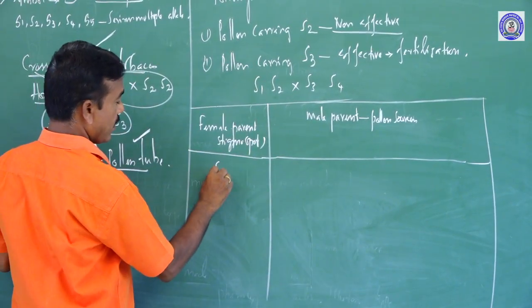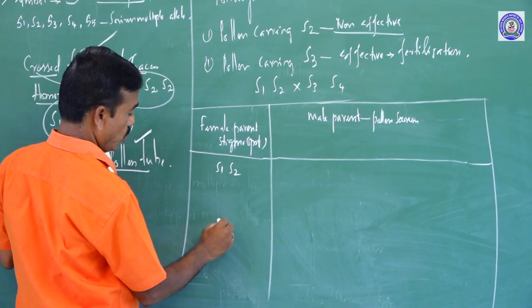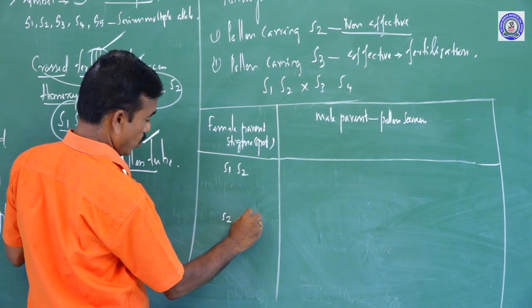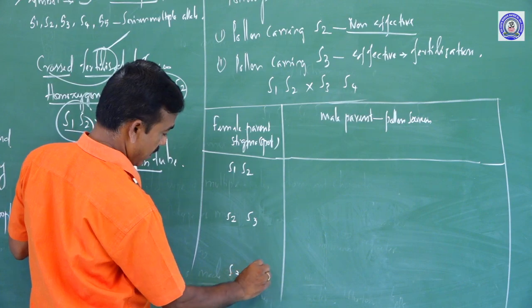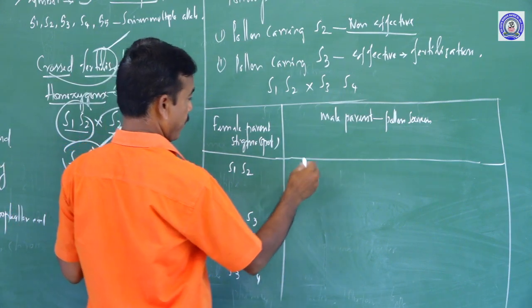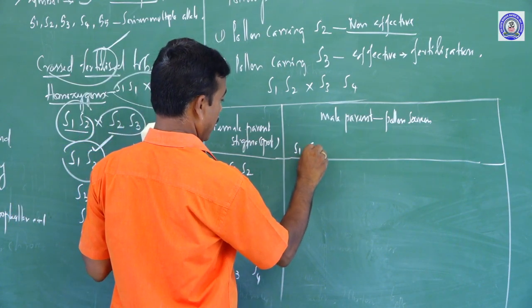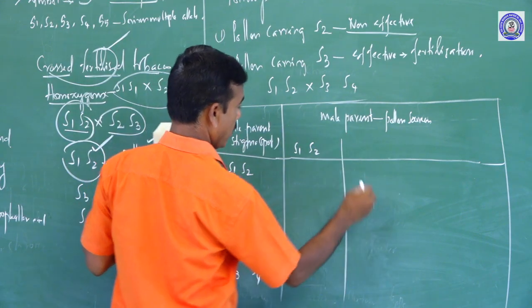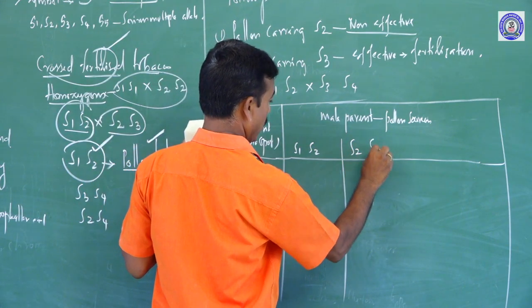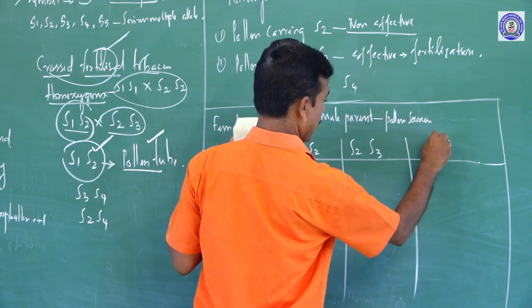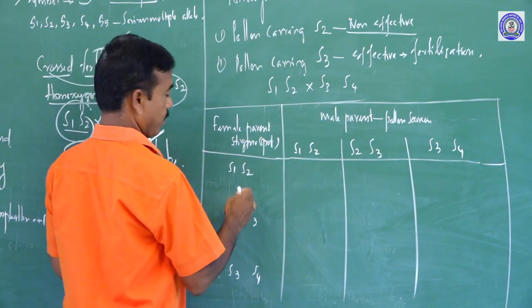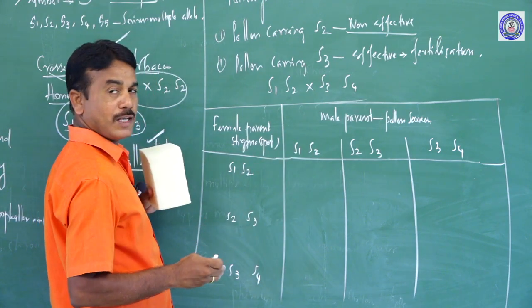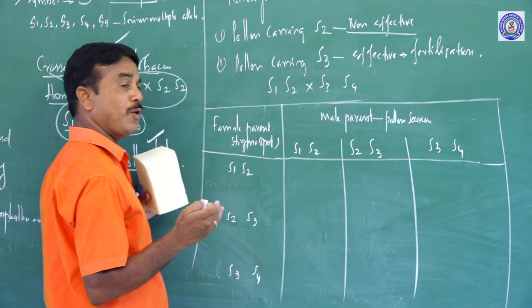What are the genes? S1, S2; S2, S3; S3 and S4 here, and S1, S2; S2, S3; S3 and S4. If you cross the same S1 and S2, as I already told you,